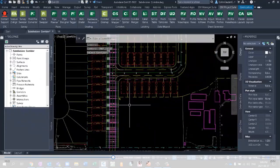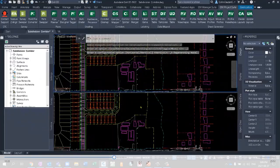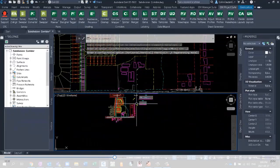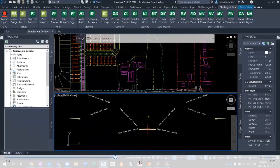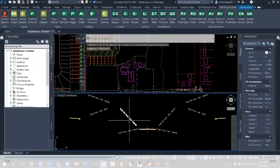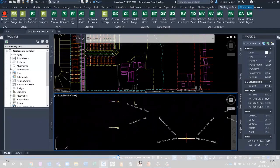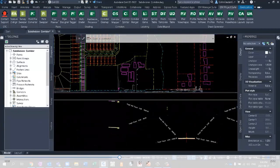Now, let's split my viewports here, 2 horizontal viewports, so that down here I can look at my assembly, and I can see these ones here are my intersection assemblies, or sub-assemblies. This is to tell me whether I have an intersection or not. Target not found, then goes to the next target found, target not found. And I'm looking for whether it's a drop curb or not. But when the target is found,